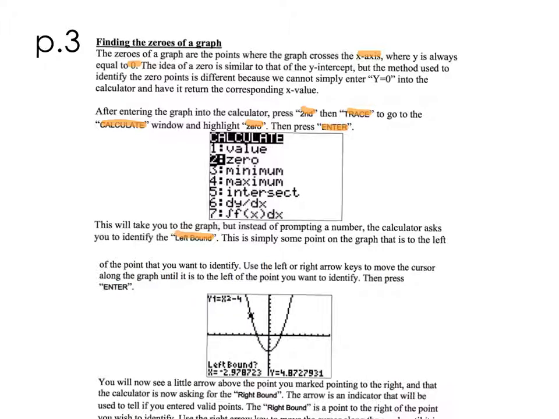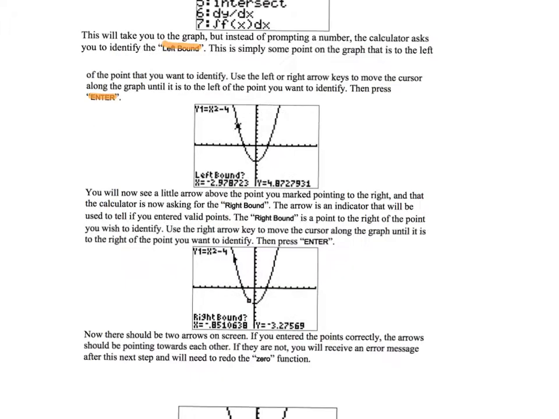Use the left or right arrow keys to move the cursor along the graph until it is to the left of the point you want to identify. Then press enter. So you can see in the graph below that this is the point we want to identify right there. So we are going to go somewhere to the left of it. So this blinking cursor right there is going to be to the left of that orange point